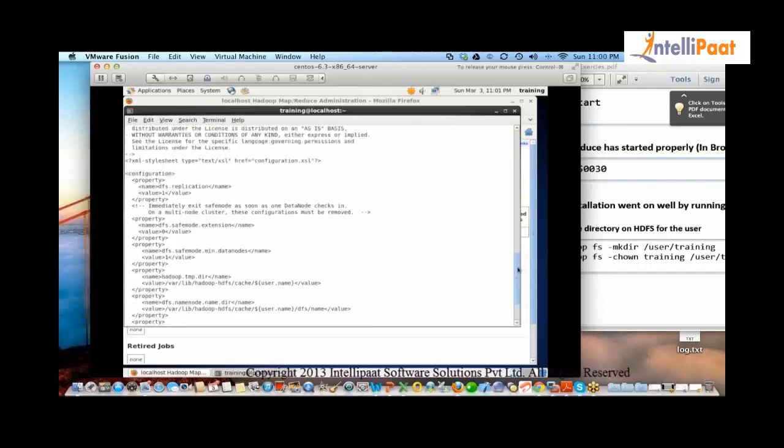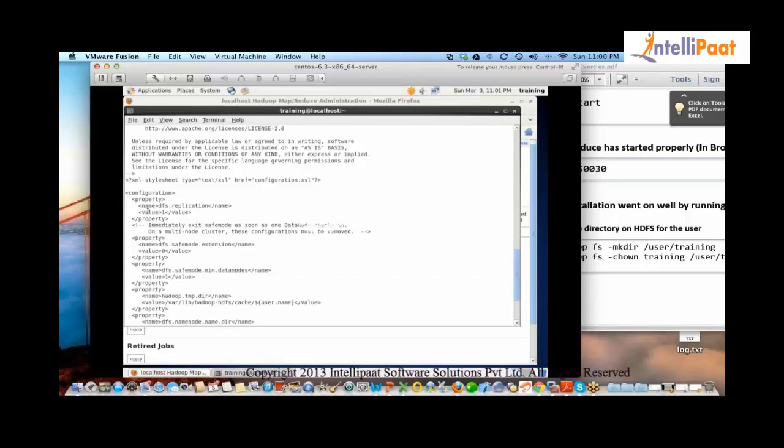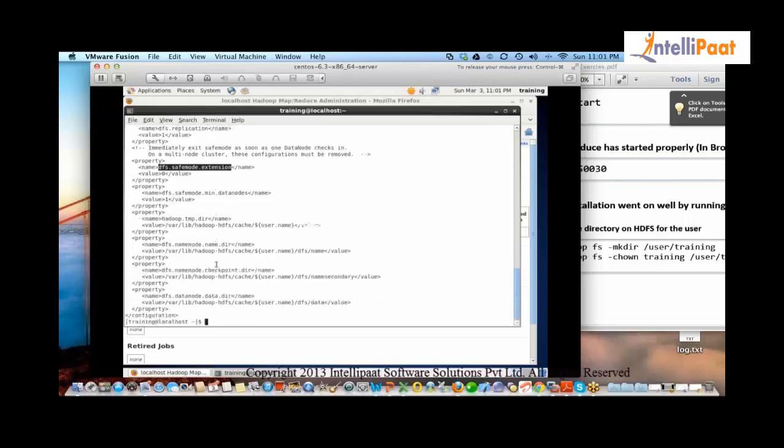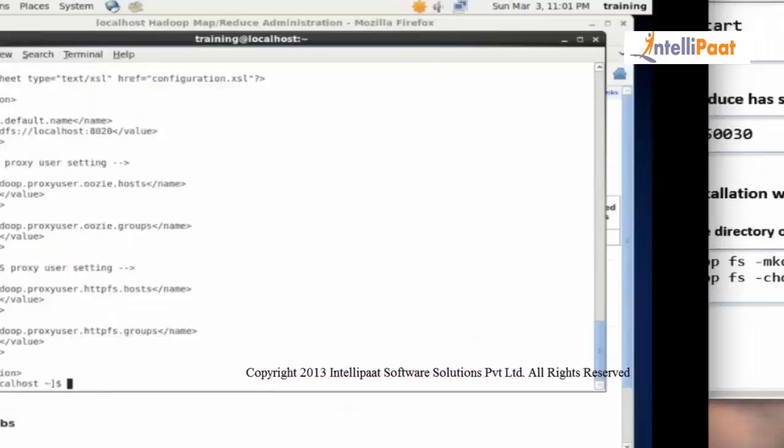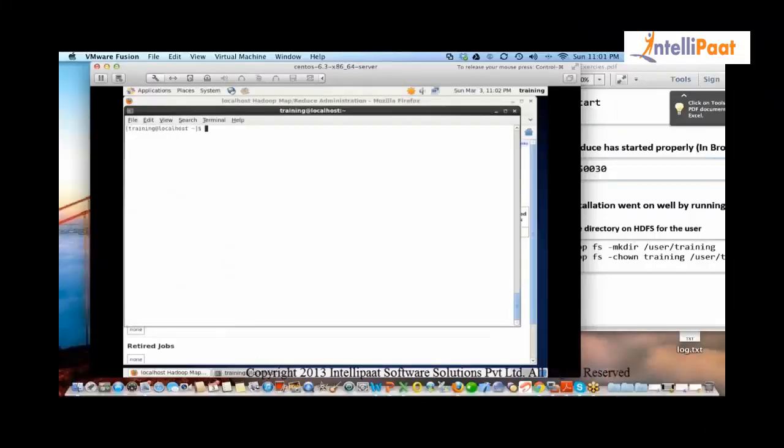Let's look at this. The file starts here, right? Does this variable start with DFS? There are certain variables that start with DFS. Let's see what about the HDFS site file. What about the core site file? Anything starting with DFS? So somebody has already written a Java program. We just need to run it.